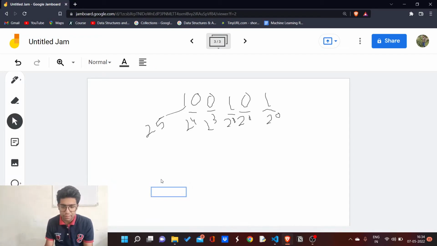Now with the leftmost 1 I have 2 power 5, which is 32. I will multiply 1 with 32.